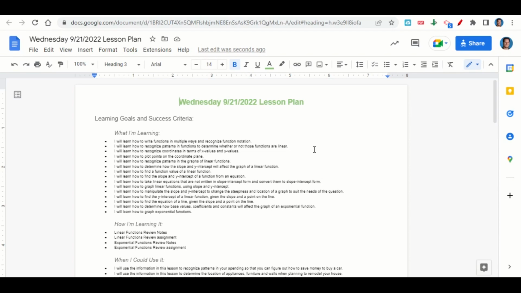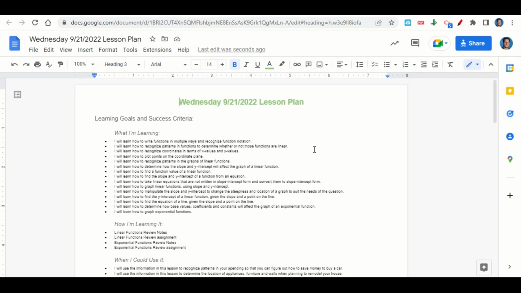linear equations that are not written in slope-intercept form and convert them to slope-intercept form, how to graph linear functions using slope and y-intercept, how to manipulate the slope and y-intercept to change the steepness and location of a graph to suit the needs of a question, how to find the y-intercept of a linear function given the slope and a point on the line, how to find the equation of a line given the slope and a point on